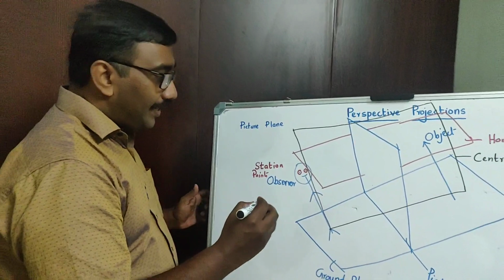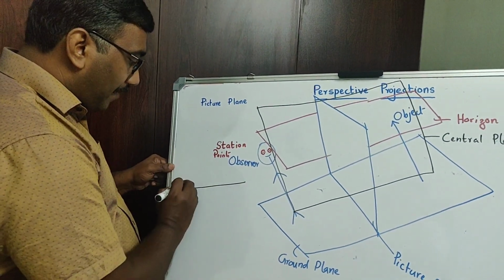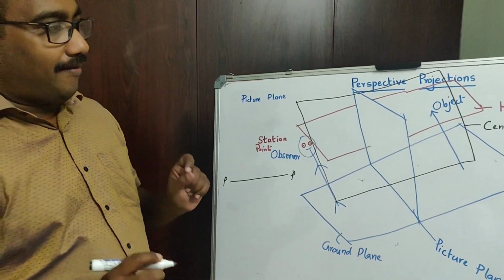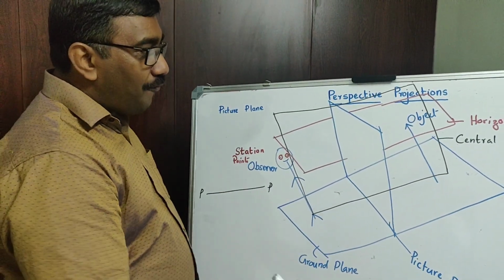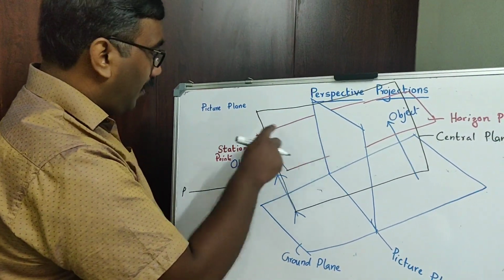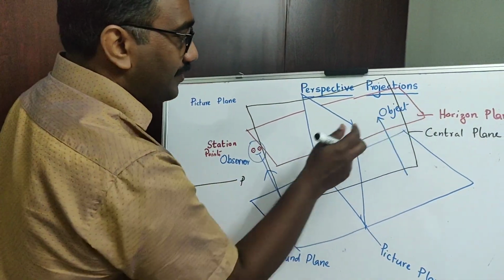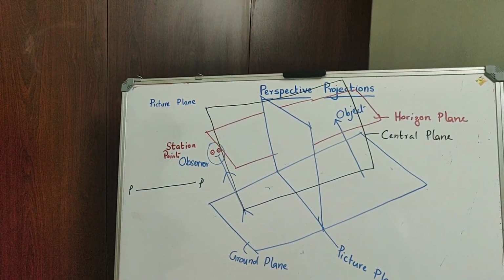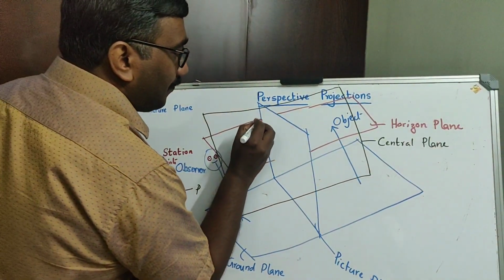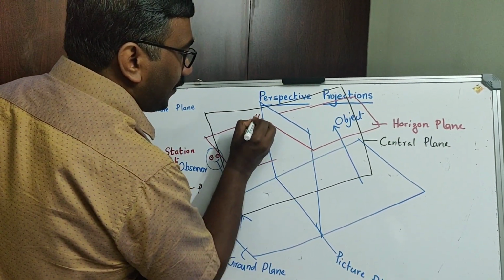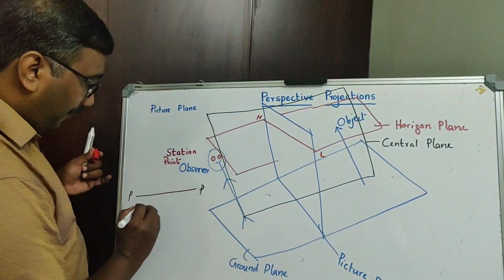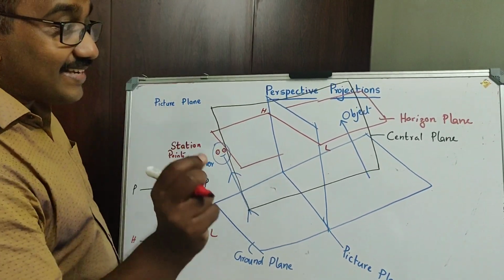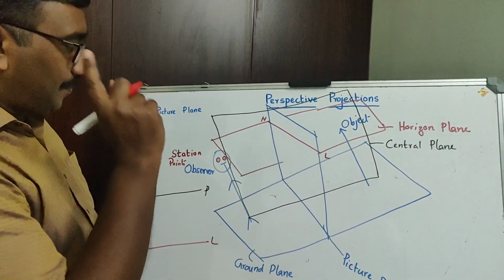For example, the extreme ends of the picture plane can be marked as PP. Just I am mentioning this. This is picture plane. Then, wherever there is an intersection of picture plane and horizon plane. Okay, this is the horizon plane and this is the picture plane. There is an intersection. I will use a red pen for that. Okay, this is an intersection. So this represents the horizon line. So HL is the horizon line, which is the intersection of horizon plane and the picture plane.